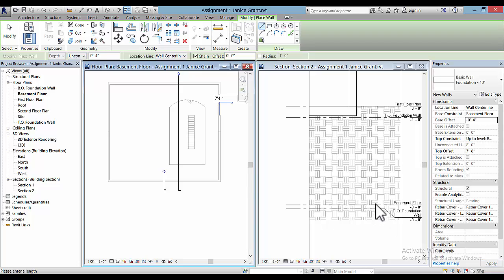So that you can think about the basement floor, the top of the basement floor, and the relationship to the top of the foundation wall. The height is 8 feet because from the basement floor, we're going up 7'8" and we're going down that slab thickness of 4 inches. So now we're ready to start to draw